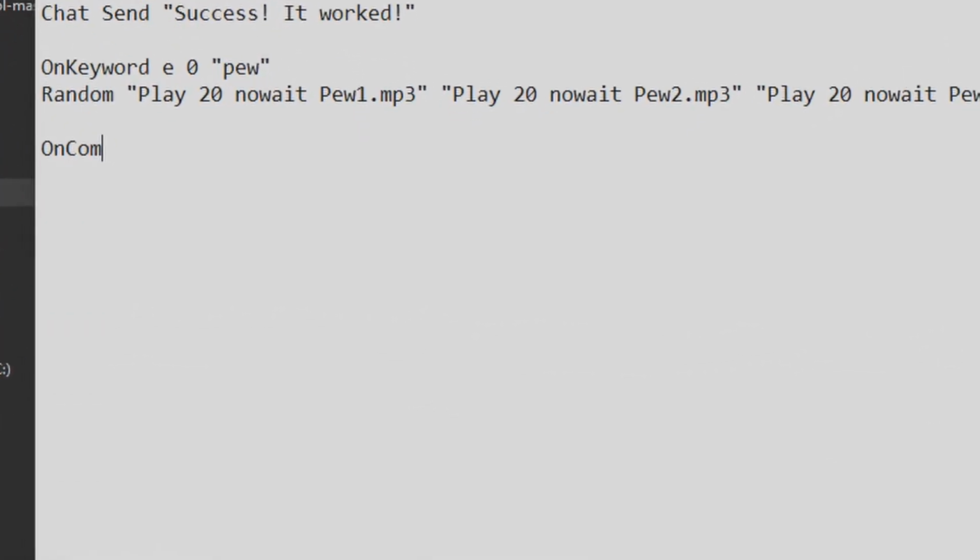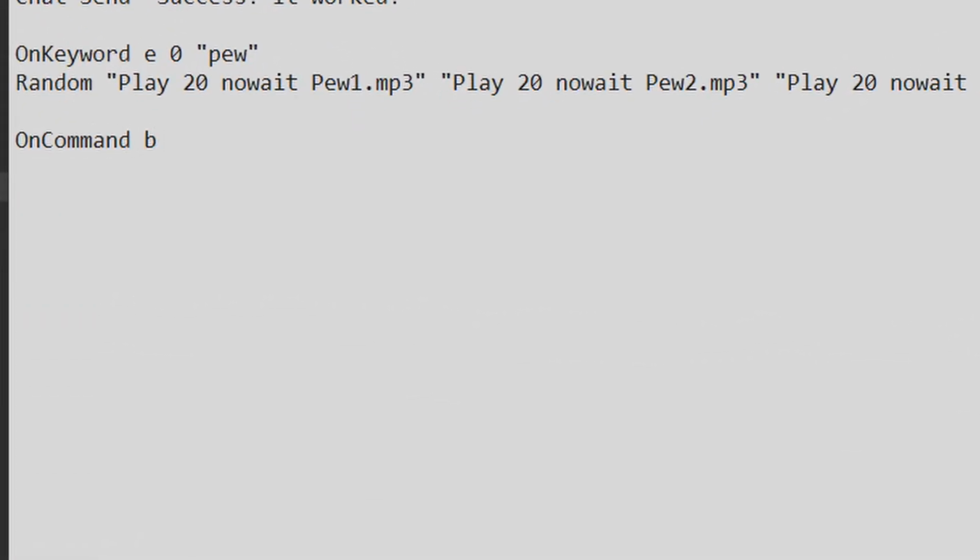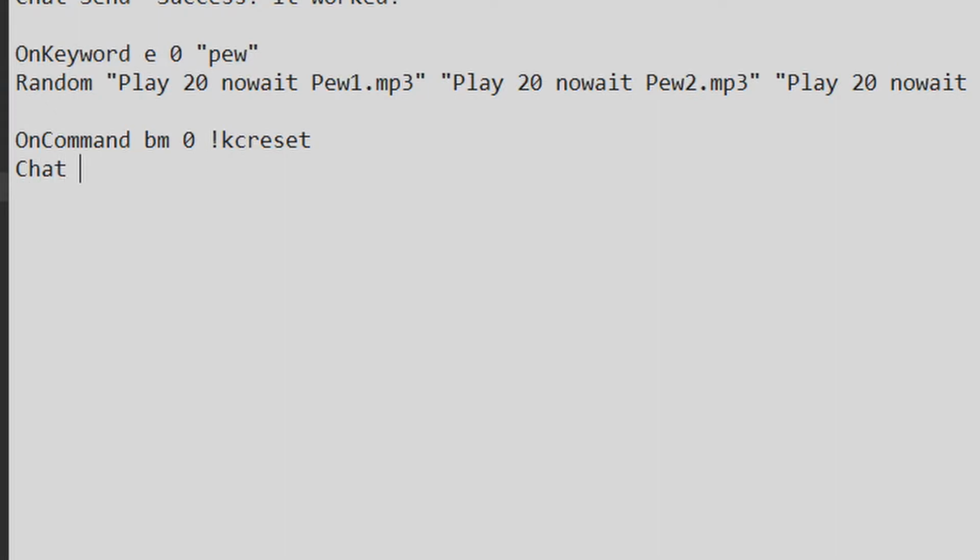We want to type on command B. I actually have my moderators allowed to do this as well, so I've typed M followed by a 0 and the command itself. So in my case, I use KC reset, which is Kruiz Control reset. With that, I like the bot to respond to the chat, so I type chat send